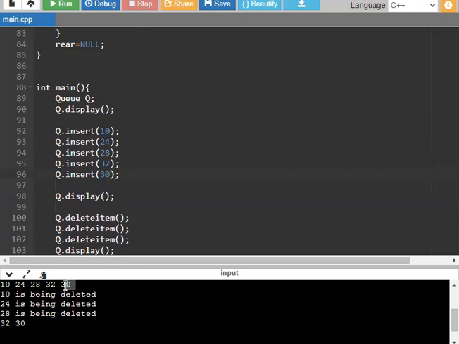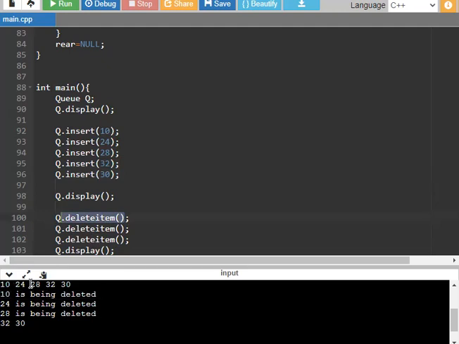Each element goes under the rear part, and one after another it is pushed forward to the front position. So the first element from the front is 10. In the first delete item call, the value 10 will be deleted.